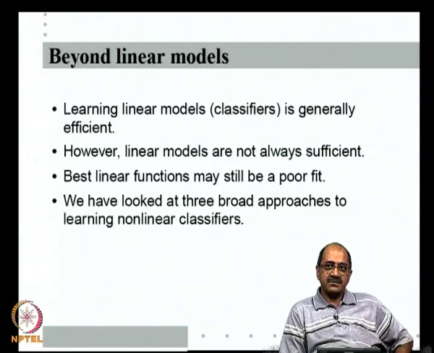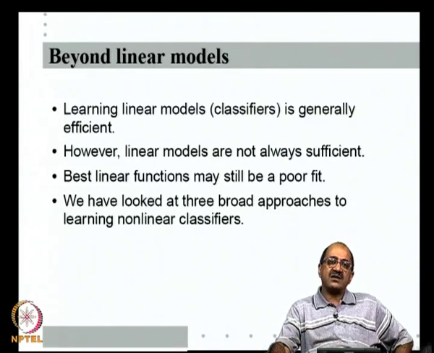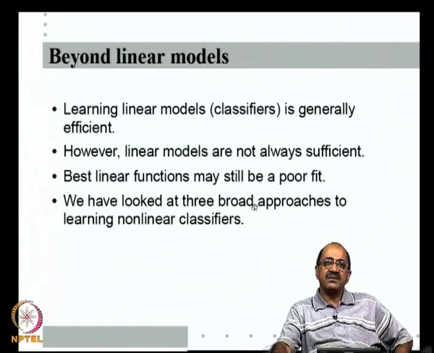And the third approach is the kernel function based approach, where the basic intuitive idea is that I first non-linearly transform a feature space into some other high dimensional space and there learn a linear function. As you have seen, what is non-linear in the original feature space can be linear in some other high dimensional space. So, if I can find an efficient way of transforming my original feature space to a high dimensional space and learn a linear function there, then I have learned the nonlinear function to original feature space. These are the three broad approaches.